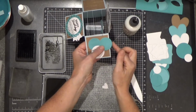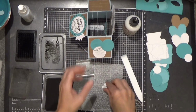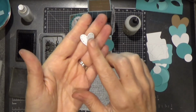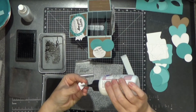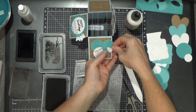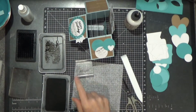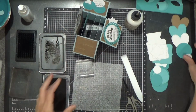Can hang off the edge a little bit. That's okay. And then I have this little itty bitty heart. And he's got a little bit of a stitch detailing on there. I think that makes it look really neat. I love that. Then I may put something else there. I haven't decided yet. And on this side,